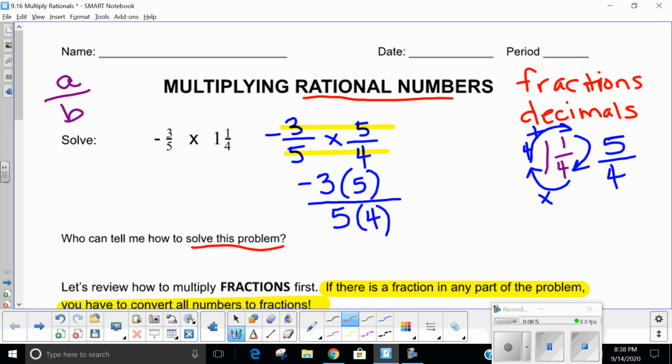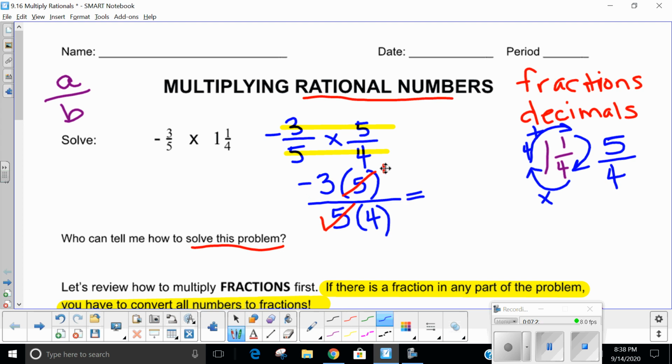So what we're really saying is that 5 is divisible by 5. So we're going to say 5 divided by 5 equals 1. And remember, what I do upstairs, I got to do downstairs. So if I cross the 5 off upstairs, I got to cross the 5 off downstairs. And then that leaves me with